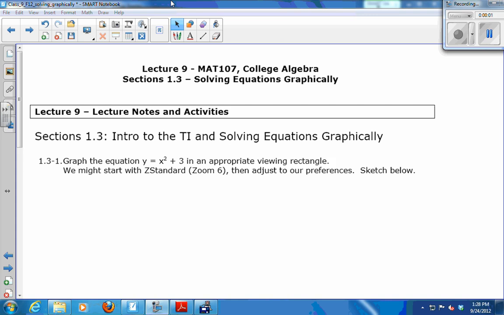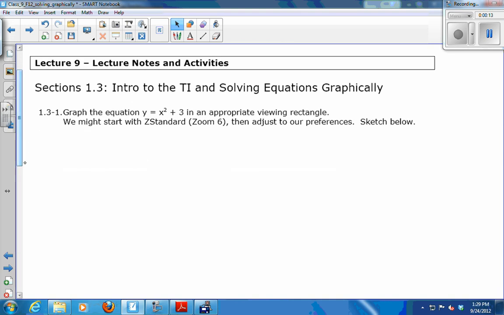So we're going to continue talking about how to use the graphing calculator, not just to graph, but to help us solve equations today. So we're going to start just reviewing some of the graphing basics. If I want to graph y equals x squared plus 3 in an appropriate viewing rectangle,